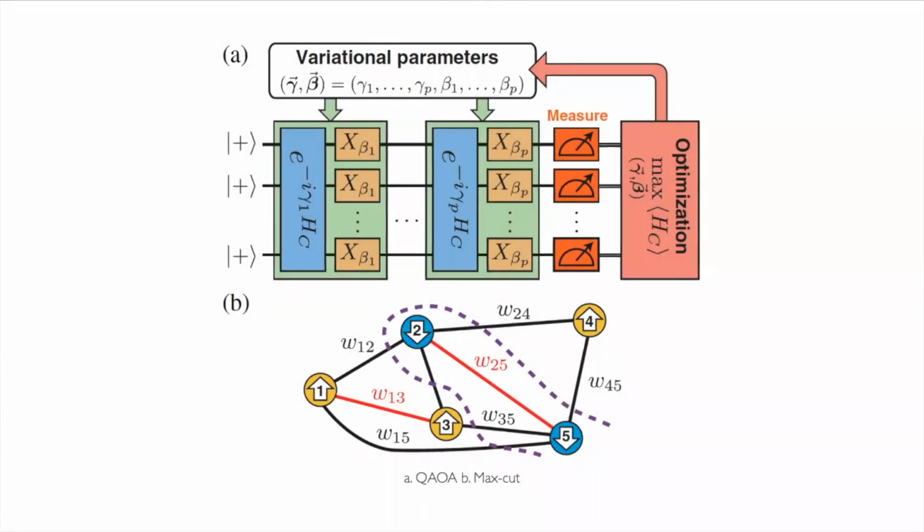So this is another picture of how QAOA looks. This green box signifies one layer of the cost and mixer Hamiltonian, and you can pile up more layers in your quantum circuit to increase the expressibility of your ansatz. There's a proof that if you go to p equal to infinity, you basically always get the optimal solution. But industrial problems do not demand exact solutions, and they can do with approximate solutions, and so finite p works. But what exact p to use sometimes differs based on the problem that the industries are interested to solve.